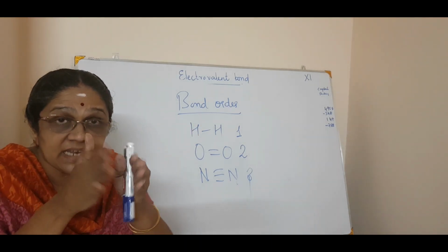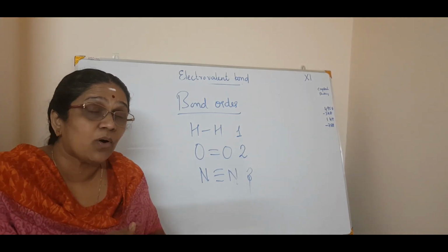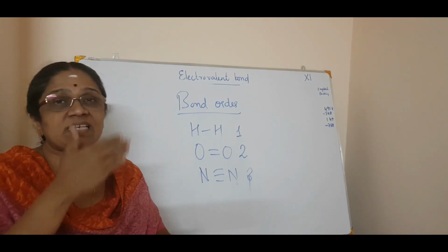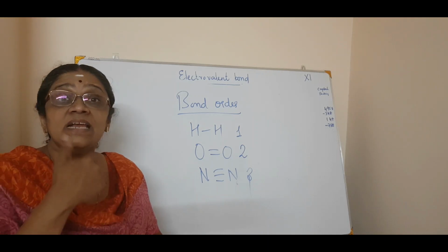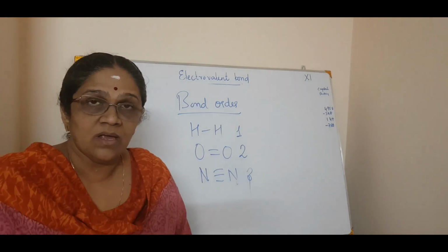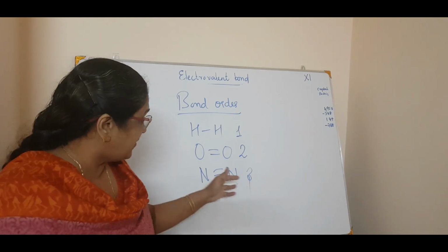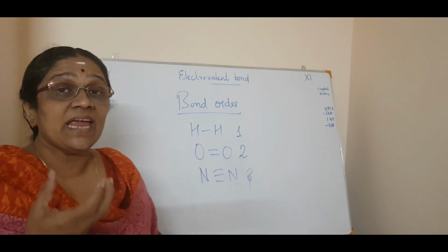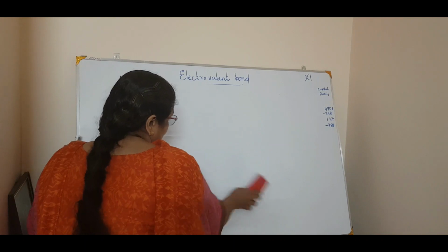bond length decreases. Thereby, the bond dissociation enthalpy increases. What is bond dissociation enthalpy? That is the enthalpy or the energy required to dissociate a bond or cut out a bond. Why does it increase? Because if there is only one bond, you just cut it down. If there are 2 bonds, more energy is required to break the 2 bonds. And if it is 3 bonds, again some more energy. So that is called bond energy. That is our next point, bond energy. Okay.